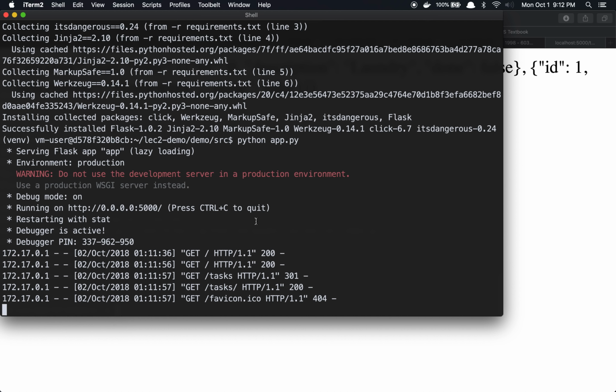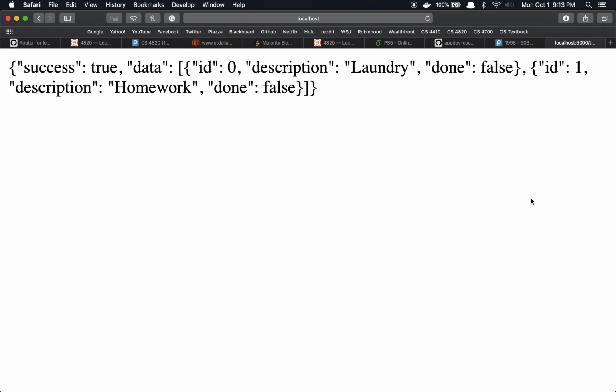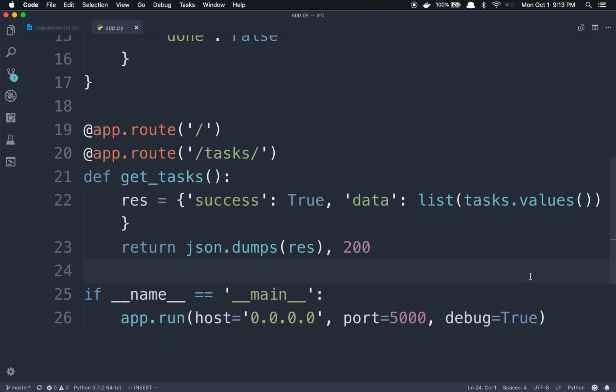Yeah, so if we look at the terminal, we can see that a GET request was made to this /URL, or the task URL, and we get a 200 response like we specified in our return values. So now if we go back,